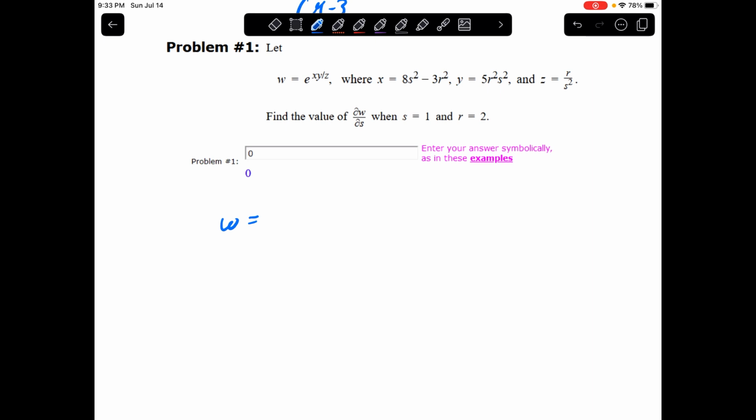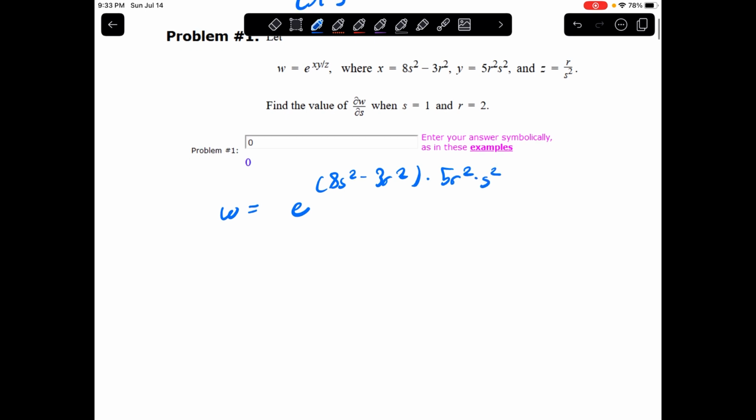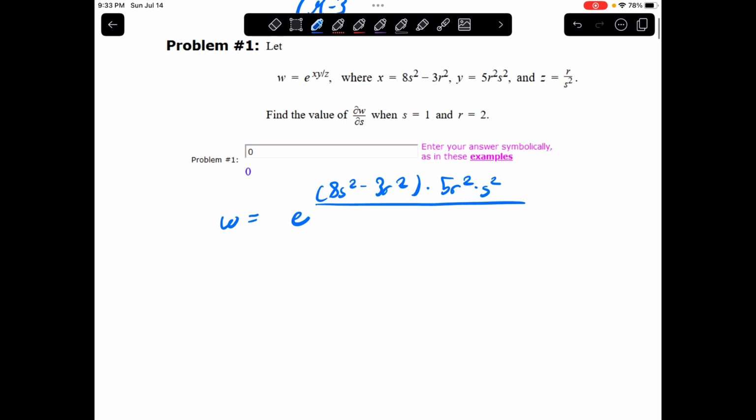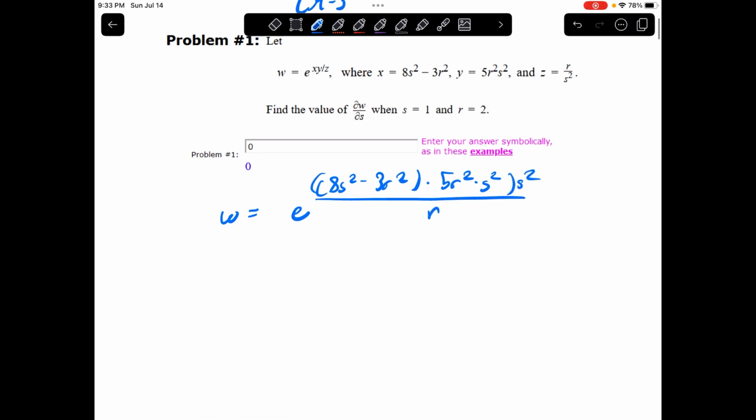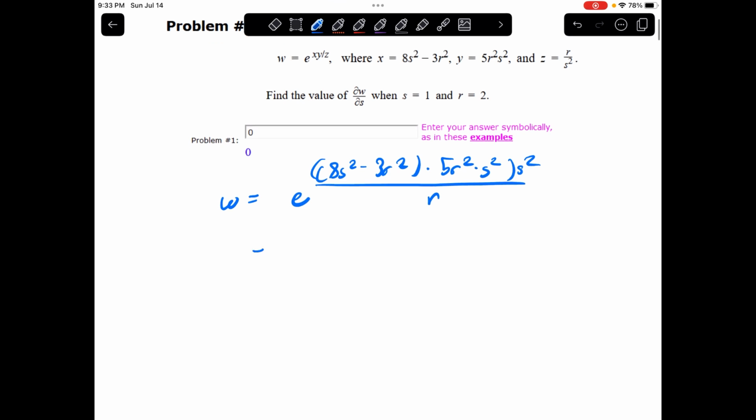derivative as is, you'll get e to the 8s squared minus 3r squared times 5r squared times s squared, and then it's over z, which means you're flipping it, so you're multiplying all this by s squared over r. Now if you shove in your numbers, you're going to get e 8, s is 1, minus 2 squared, so 4 minus 12, times 5 times 4, so 20,